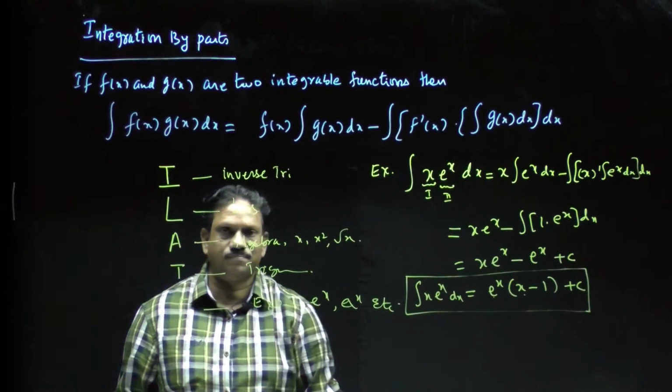Look at that. There are some single functions, like log x, root of a square minus x square, root of a square plus x square, root of x square minus a square, sin inverse x, cos inverse x, tan inverse x. Like this, only single functions will be given to us, and now we have to integrate these single functions. Generally, we apply the by parts rule when there are two functions. To evaluate these types of problems, we take the second function as 1.